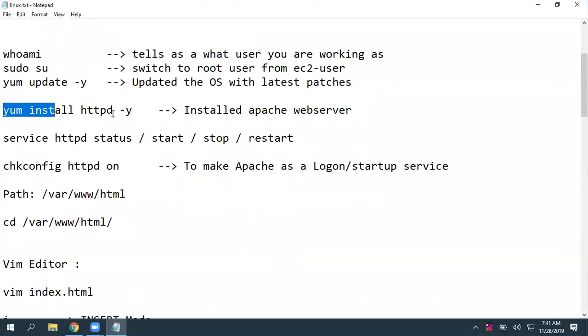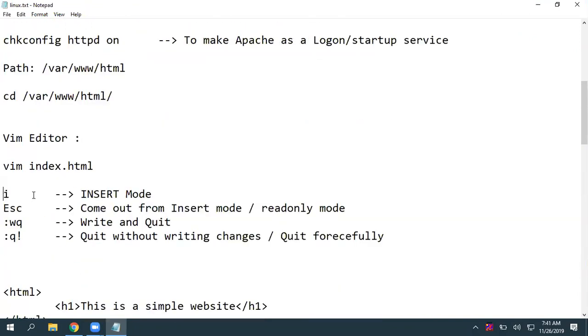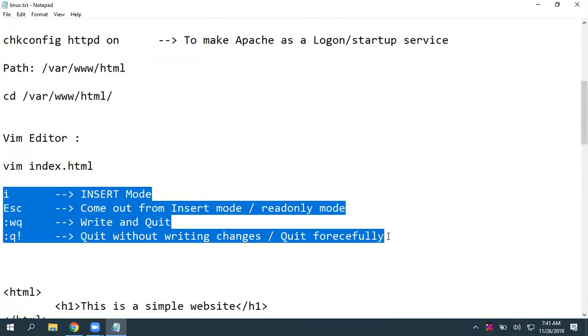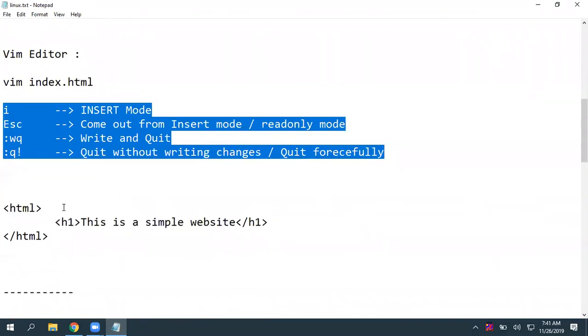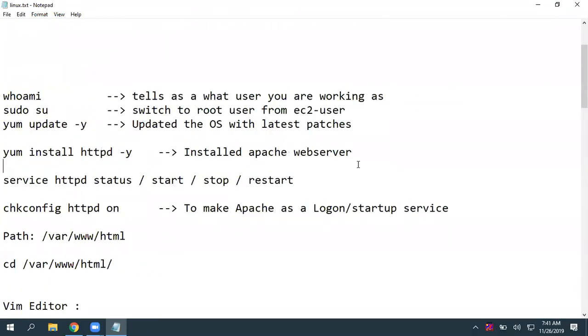I'm going to install the HTTPD package and create one index.html. Manually I did all these operations, right? Manually I created this simple index.html. Then we started the service, then we made it a logon service. I'm going to automate this process by using the user data feature.